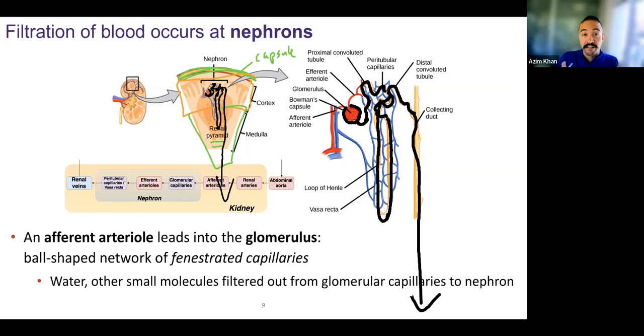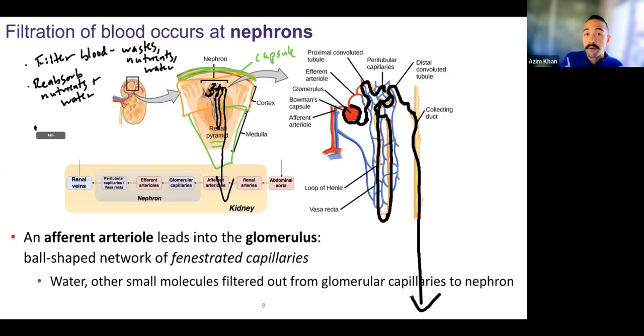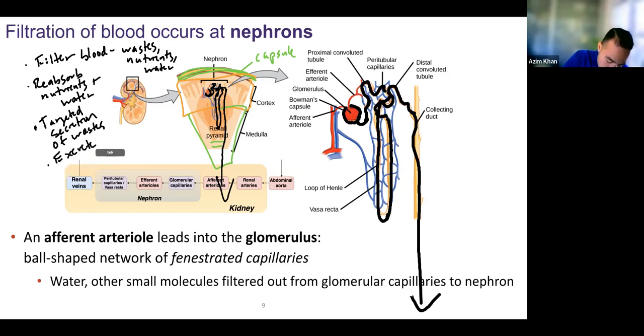The whole purpose of a nephron is to filter blood and then to reabsorb. Let me write all this down. We want to filter blood, so take out wastes, but also nutrients and water. We want to reabsorb nutrients and water. We'll also see that we can secrete. We can have targeted secretion of specific wastes. And then whatever's left will excrete urine. So there are four major functions of the nephrons: filter blood, reabsorb nutrients and water, targeted secretion of wastes, and